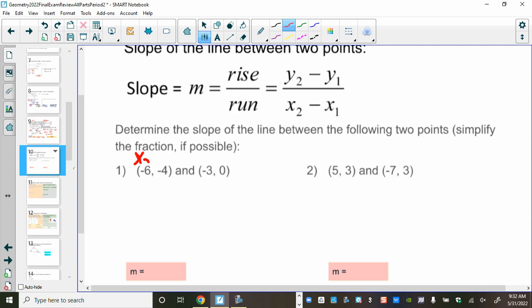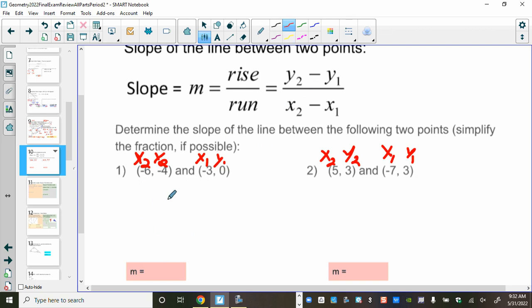Now, what I do for these, the order doesn't matter, but what I do is x2, y2, x1, y1, x2, y2, x1, y1. But the one thing you really have to do when you do your substitution, this minus sign